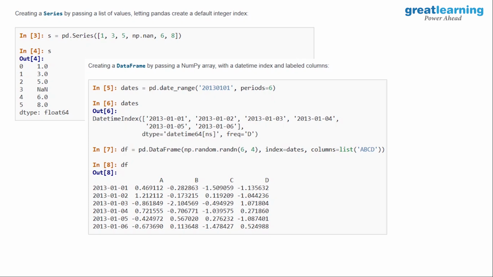Okay, so now if you look at this data frame, we'll apply the same technique that we learned yesterday. If I want the first row from this data frame, what can I do? df square bracket 0. It will get the first row. But the row has a name now.